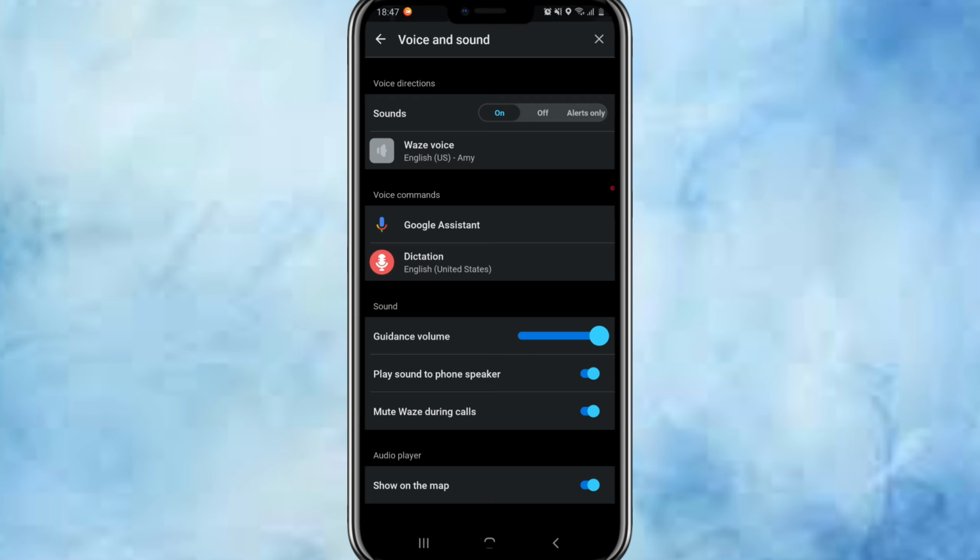To enable sound, make sure voice direction is toggled on. To disable sound, toggle voice direction off. You can also adjust the volume for navigation prompts or alerts by tapping sound level or using the speaker icon